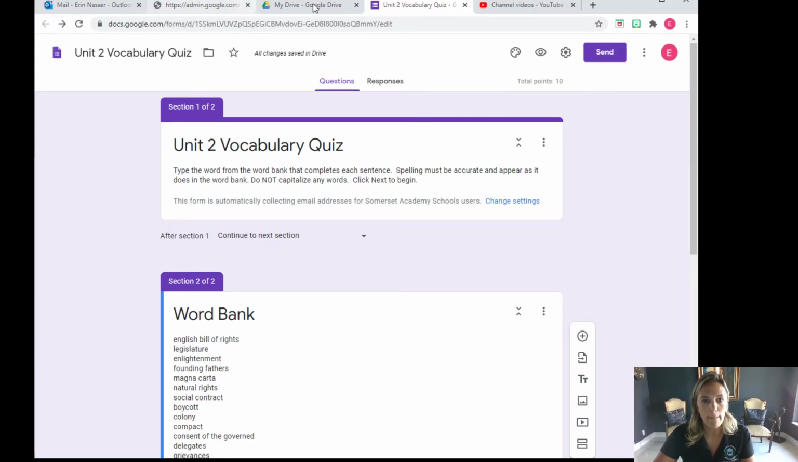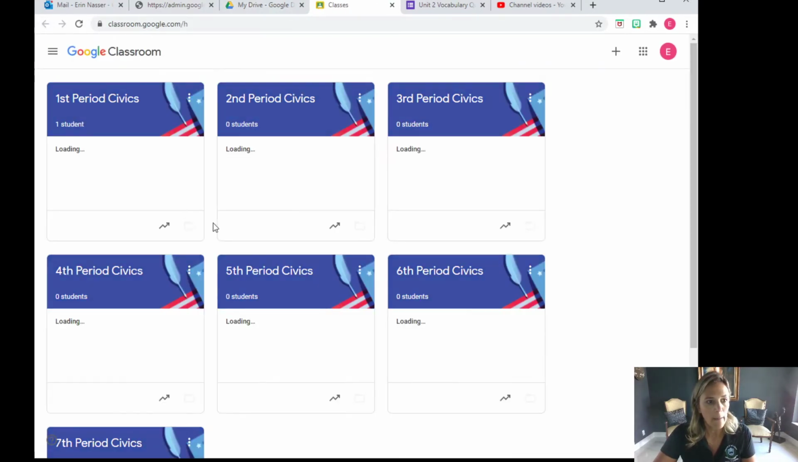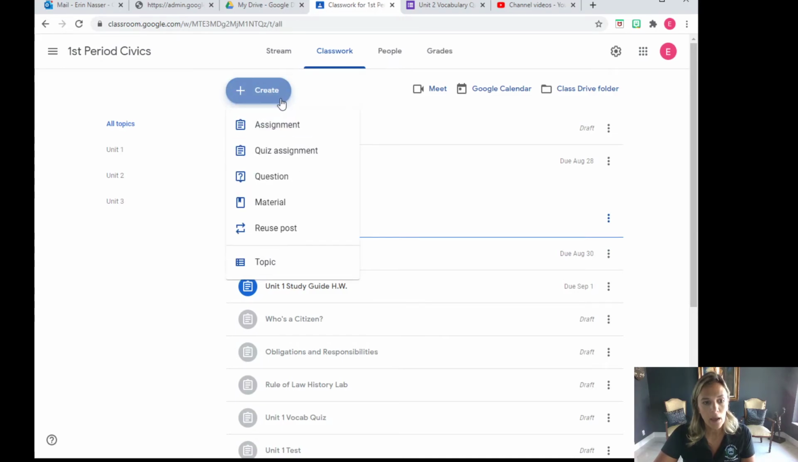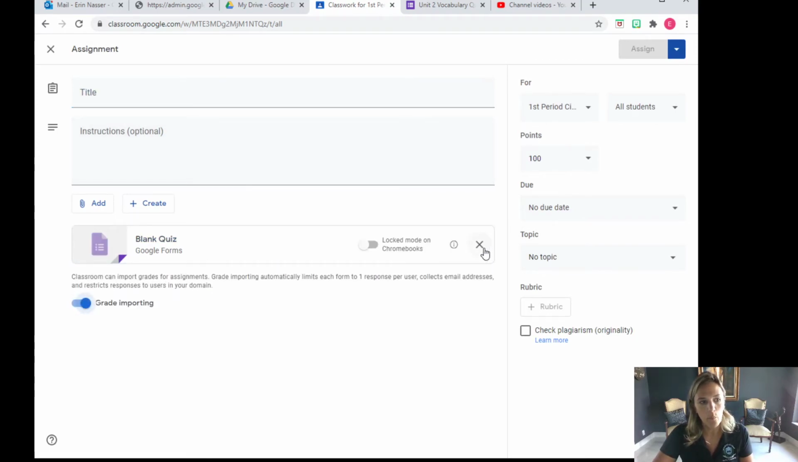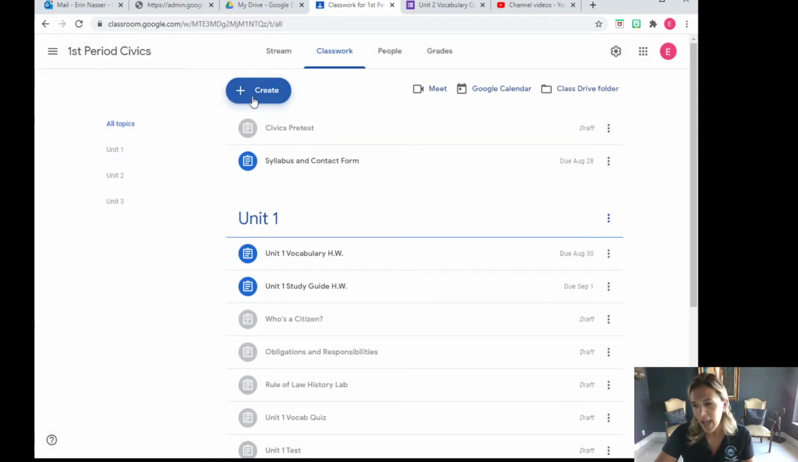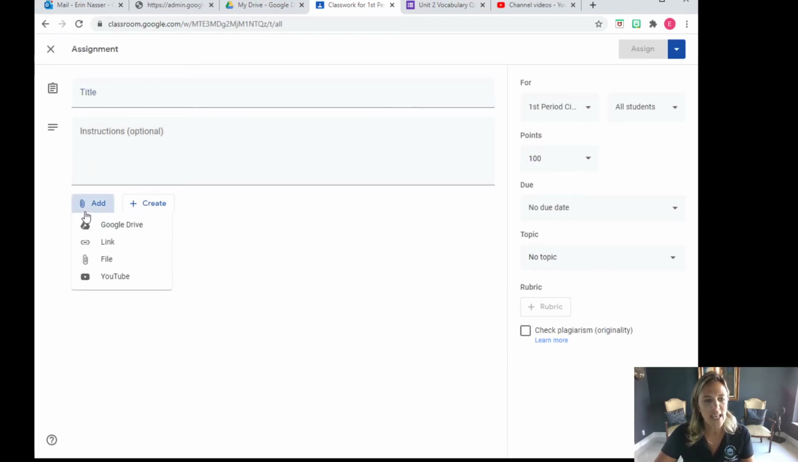you will just be able to go to your Google Classroom, go into whatever class you are going to add it to, go to classwork, I want to create, and you can do it assignment or quiz assignment. It really doesn't matter. But this one will take you to a blank form if you do quiz assignment. If you already have the quiz created, you could just do it as an assignment, and then you can just add it